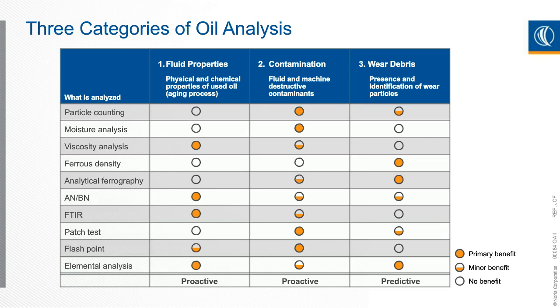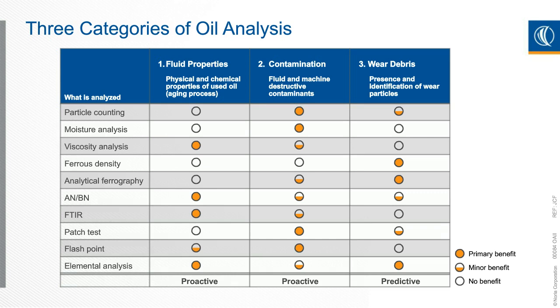So looking at these three categories, fluid properties, you want to be looking at things that describe the oil, the base oil, and the additives and see how they've changed. So maybe you're looking at viscosity, maybe you're looking at the acid number, the base number, maybe some elemental analysis. With contamination, you want to look at anything that gives you indicators of something that's not supposed to be there. So particle count, that's important. Moisture level, that's very important. Patch test, flash point, anything that could become influenced or show a contributor to contamination in an abnormal way present in the oil.